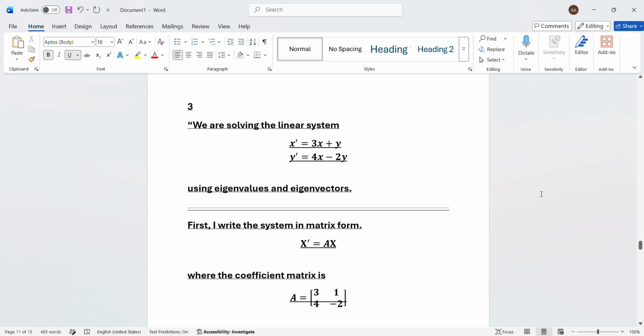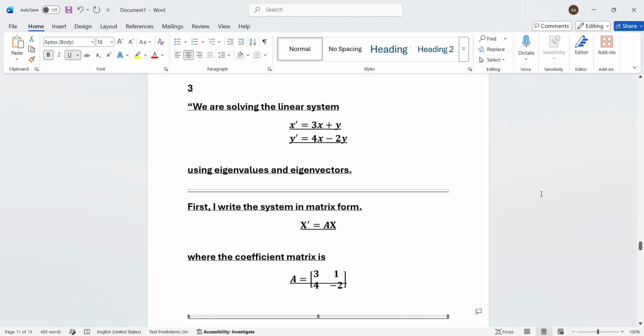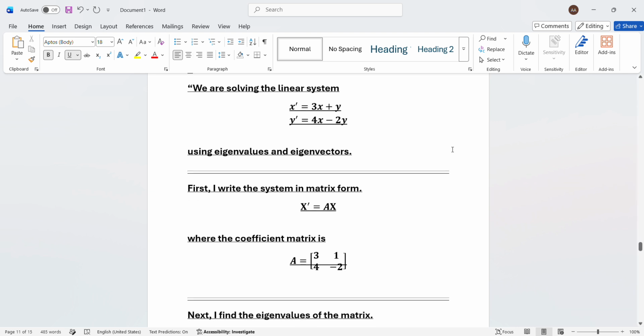Hi, so now we're gonna solve number 3. We're solving the linear system. So we have our linear system using the eigenvalues, eigenvectors. Also, this is like linear algebra. I remember seeing this material in linear algebra. Also, if you took it, you're gonna be